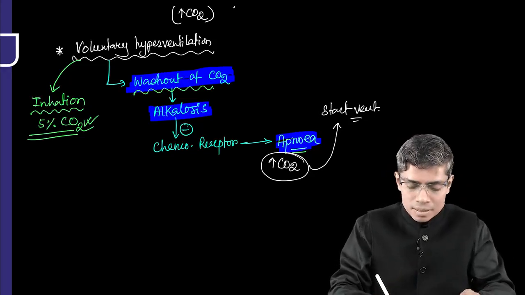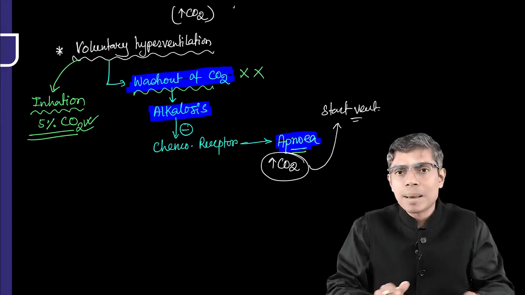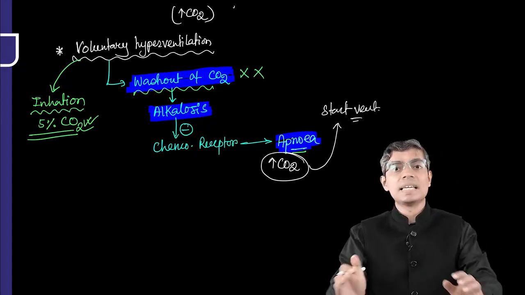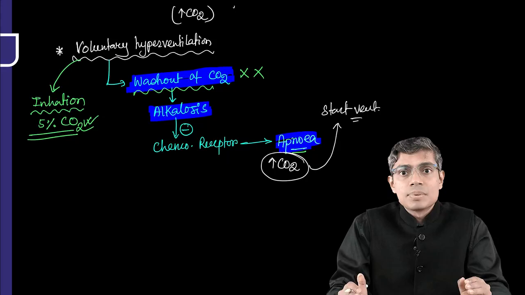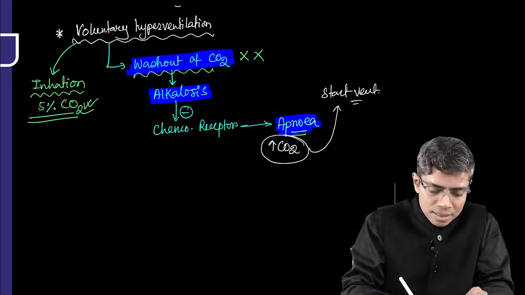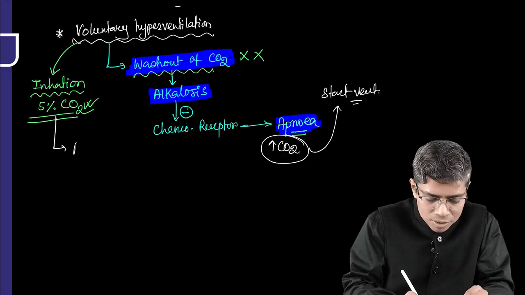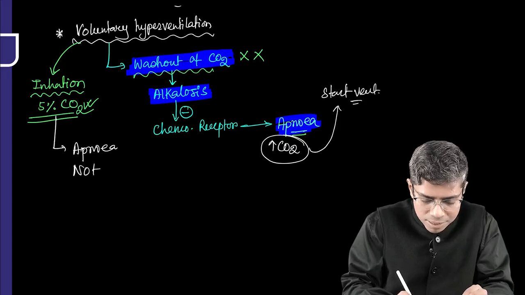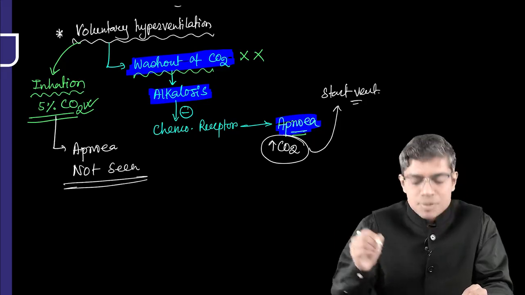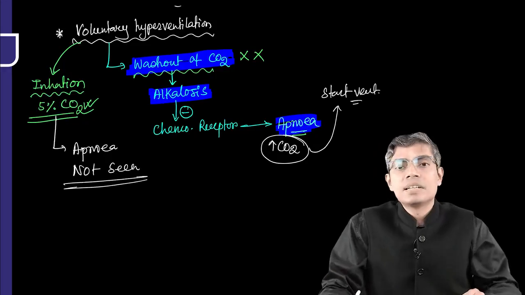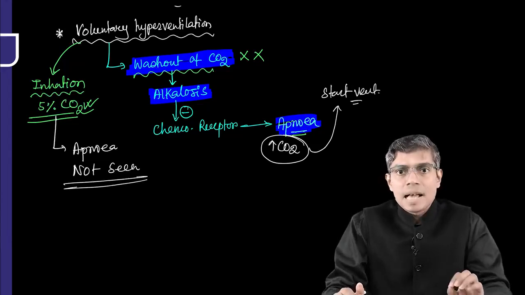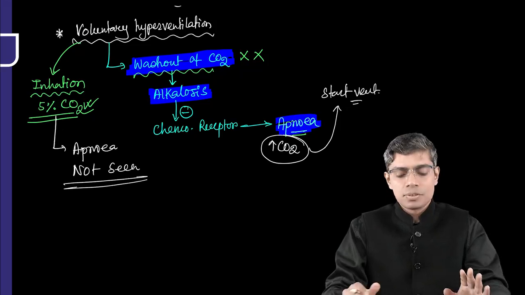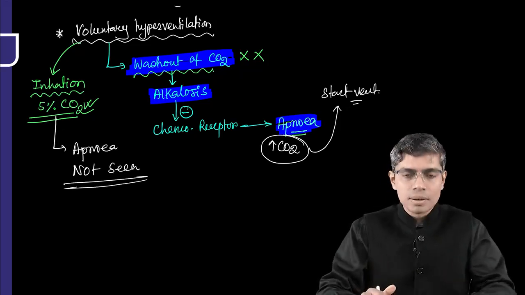So what will happen? This carbon dioxide washout is not going to happen if you are inhaling carbon dioxide containing air, right? Extra carbon dioxide containing air. So in these cases, the apnea is not going to happen. Apnea not seen, right? This has been asked in MCQ: voluntary hyperventilation with 5% carbon dioxide, what is the effect? Apnea is not going to happen. So these are the applied aspects of this